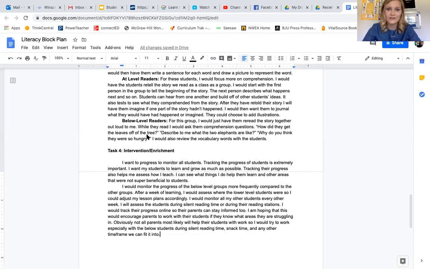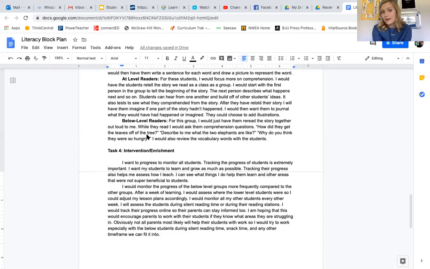And then after we had finished retelling the story, I would then have them get out their reading journals, and I would have them imagine, let's say that the elephants couldn't get the leaves down from the tree, what would they have done? So I would have them journal about that, and they could choose to add illustrations if they wanted. The below level readers, when I pull them, I would just have them reread the story together out loud with me,